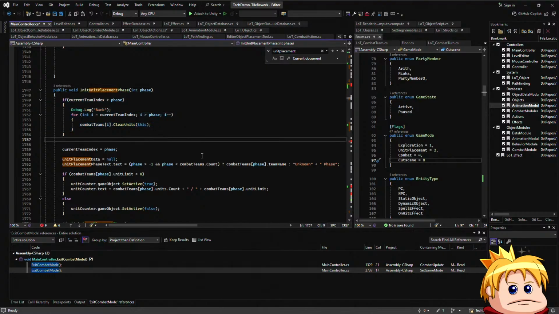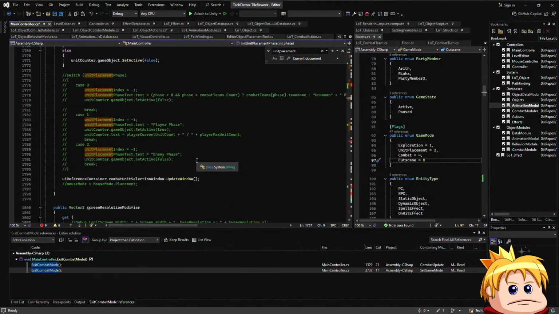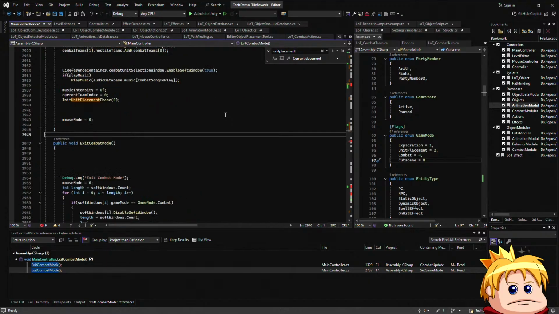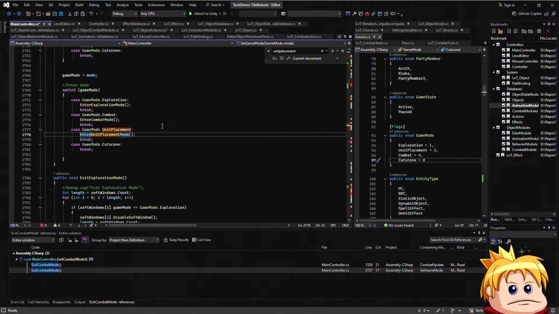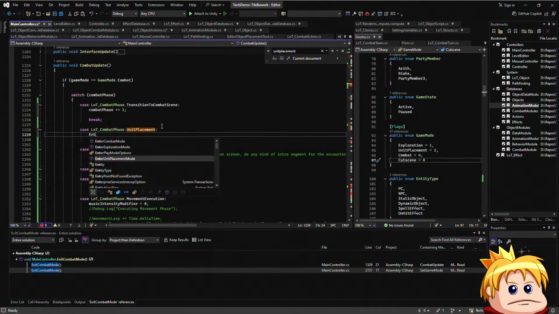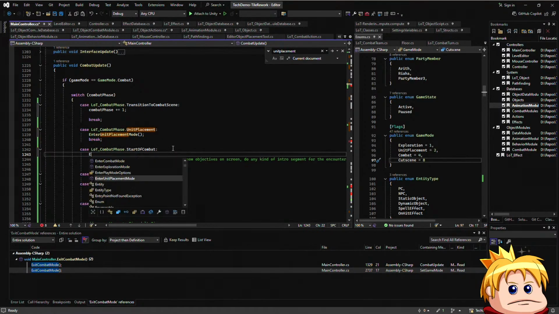Combat teams dot clear units. No, this all seems good. Okay, so all I should really have to do here is say enter unit placement mode. And then here in start of combat, we should say